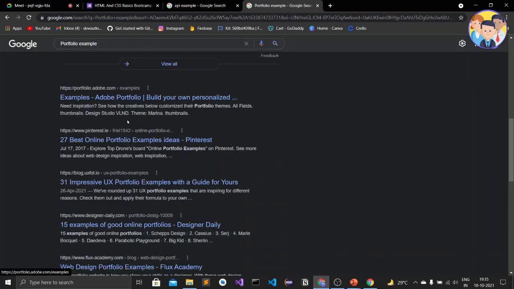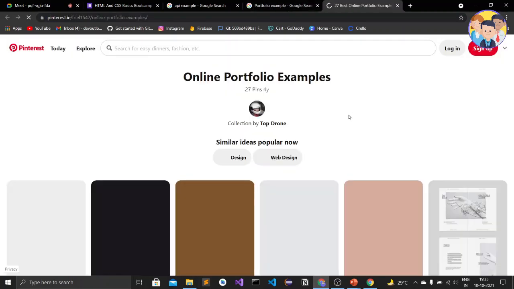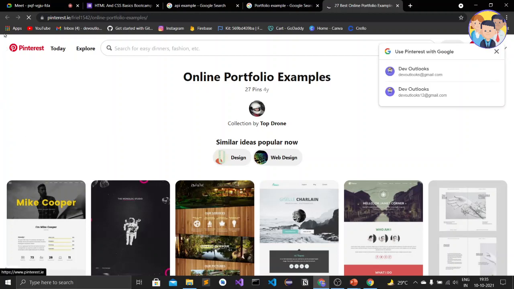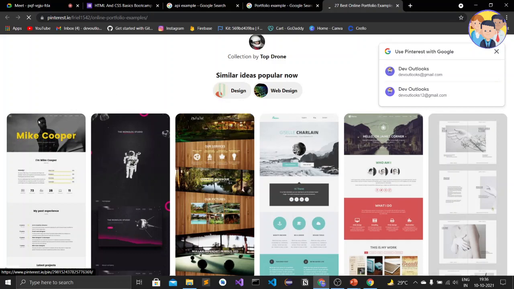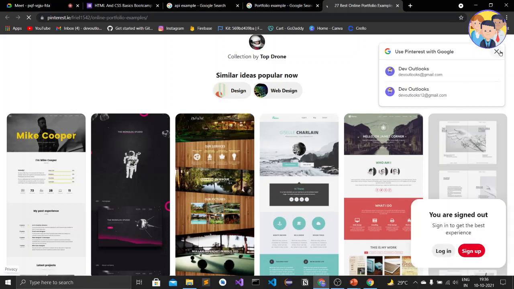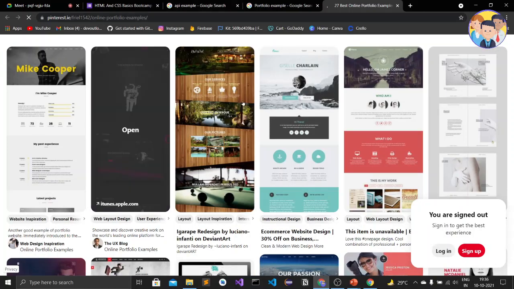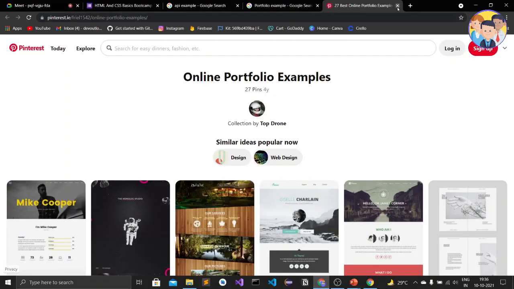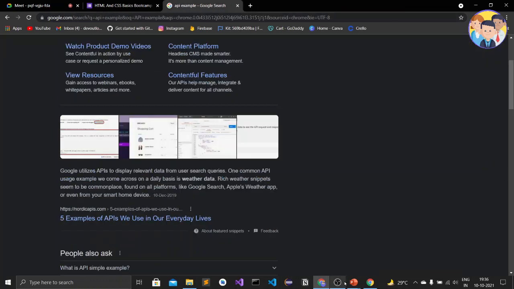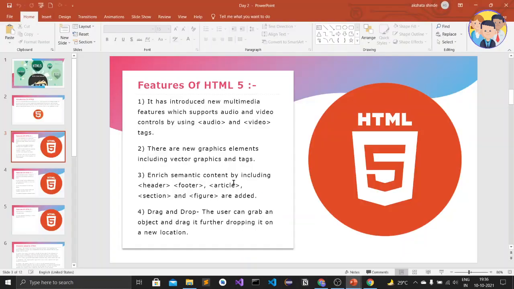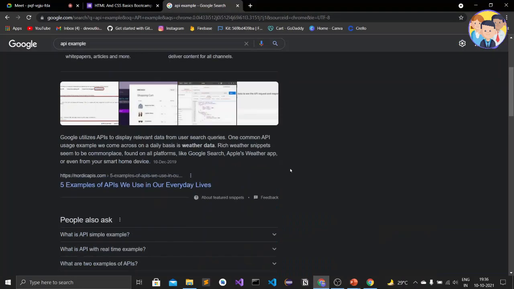Here, let's take this one. We can say that this is the header, this much of Pinterest is the header, and these are cards. The developer knows that this is the header and this is the section. That's why the header, section and many new elements were added: article, figure, footer.